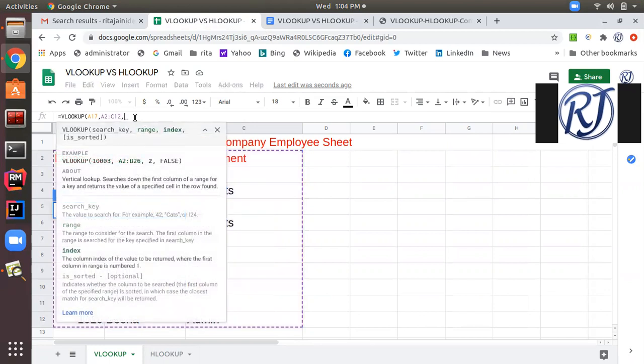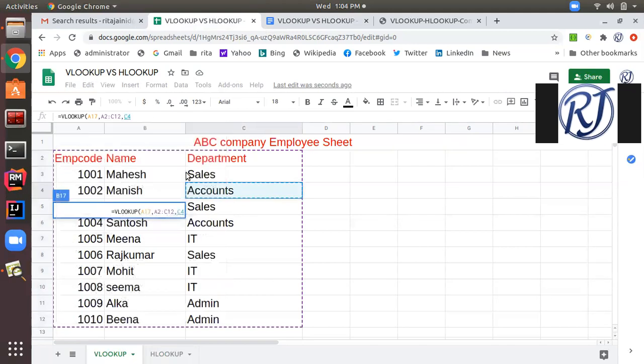Then I need to give the column in which I need to search for the value corresponding to the employee code. Here the column number for employee name is 2. As you can see, this is column number 1 and this is 2. The numbering starts from 1, 2, 3, not from 0.